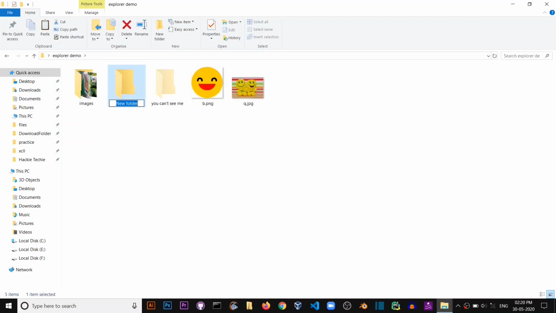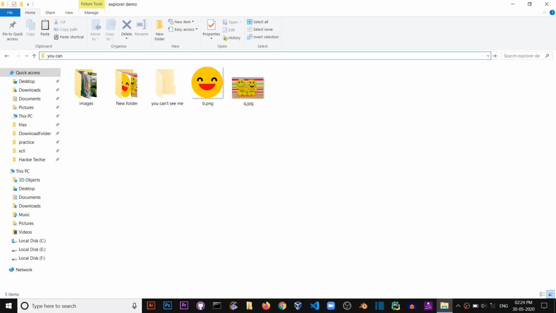You can create a folder just by right clicking and New, Create new folder, or you can hit Ctrl Shift N, enter. Drag and select the files and, by holding the left mouse button, drag it to the folder. This will move the file to the folder. If you want to copy the files into the folder, drag and select the files, hold Ctrl while dragging them into the folder. This will make a copy of the files.